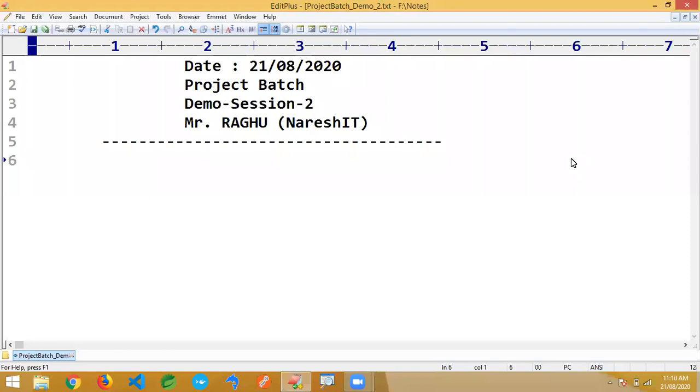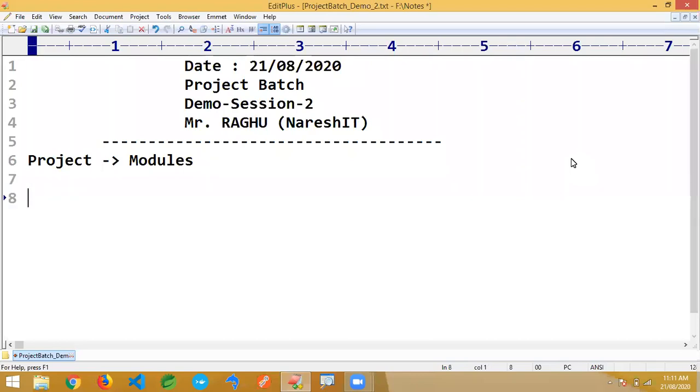Now, first of all, if you want to develop any application, then what is required? Simply, we write code files. But coding means what we need to write, and how we need to start. That is the most important point. Now, the first point, when you take any project to be implemented, that project should be converted into modules. Every project will be converted into modules. Any project you take contains modules.